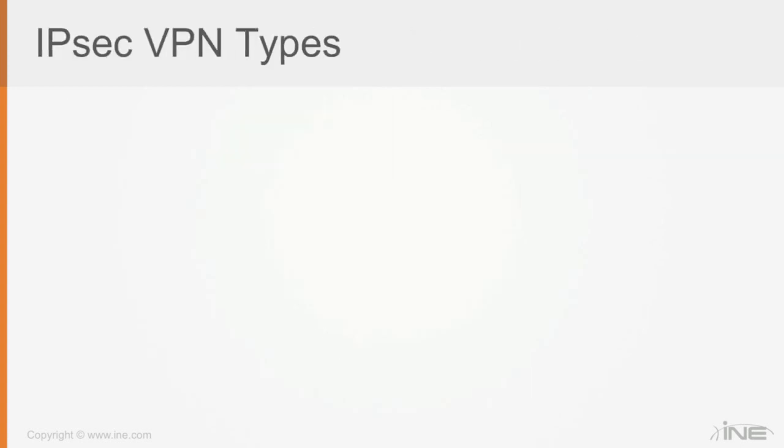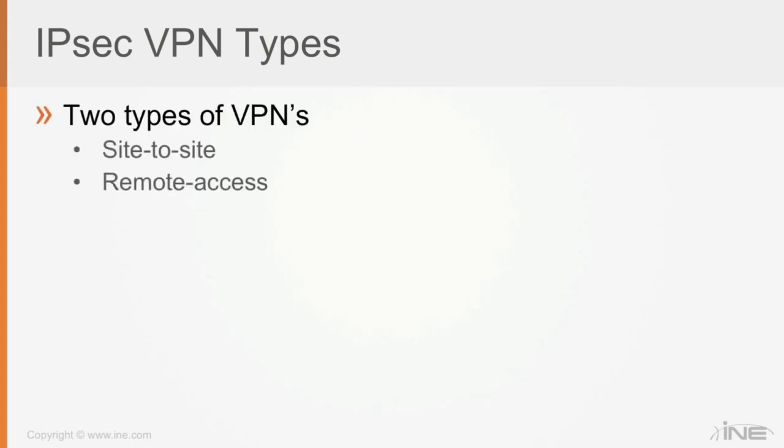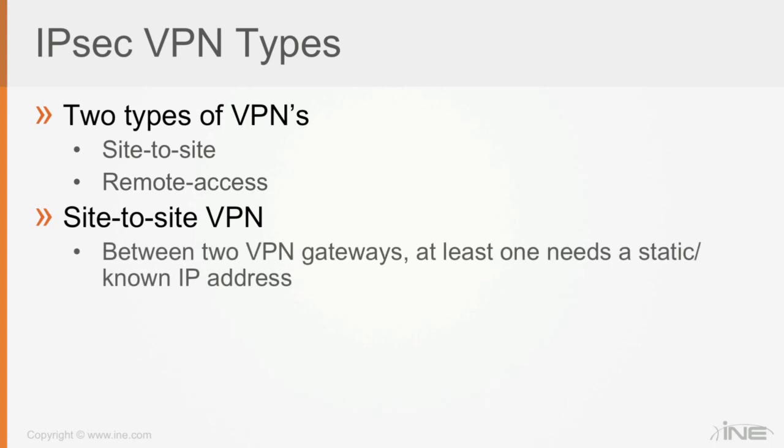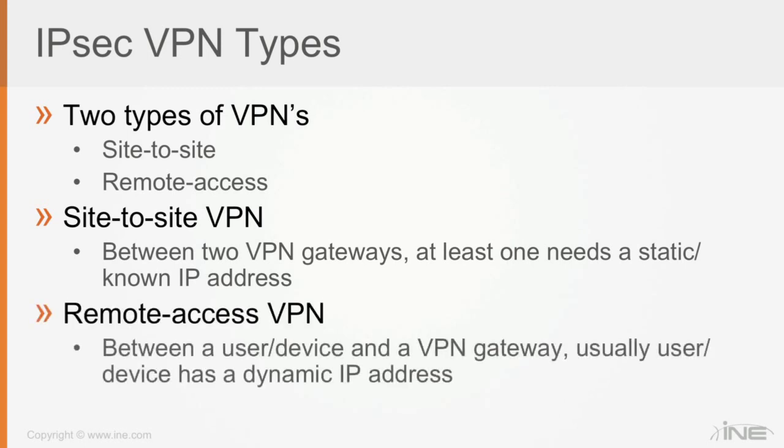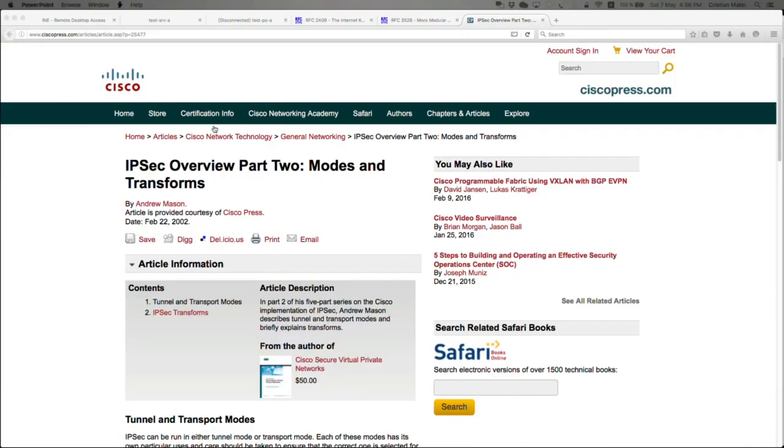Now when we want to provide that secure connectivity for the IP traffic, we have a couple of IPsec VPN types: site-to-site or remote access. Site-to-site VPN is usually between two VPN gateways, where at least one needs a static or known IP address. Remote access VPN is usually between a user or a device or a very small remote office and a centralized VPN gateway, where usually the user or the device has a dynamic IP address. So if you look at our diagram here,